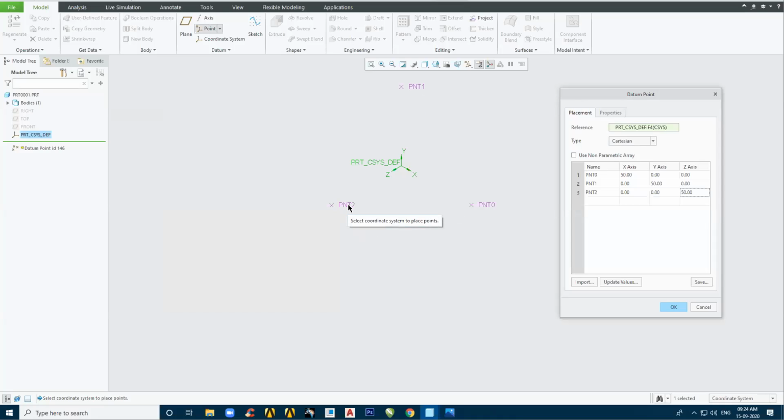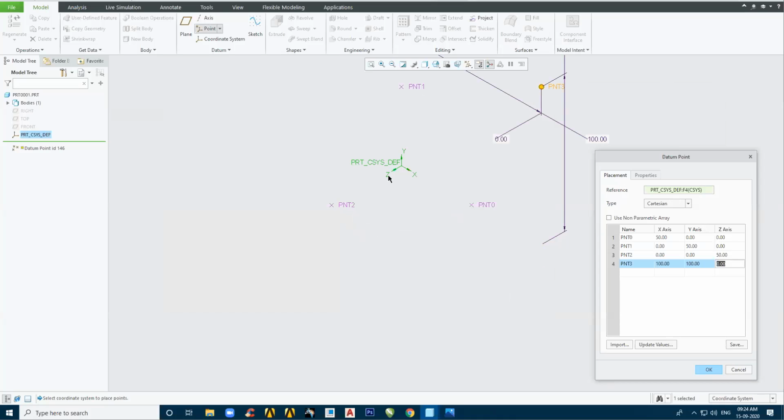Simple, guys. I can make a combination also, like in the X-axis I need it 100, Y-axis I need it to be 100. So now it shifted in the Y-axis. You can see that it came like this, then it went up, and now let's pull it in the Z-axis 100 mm.